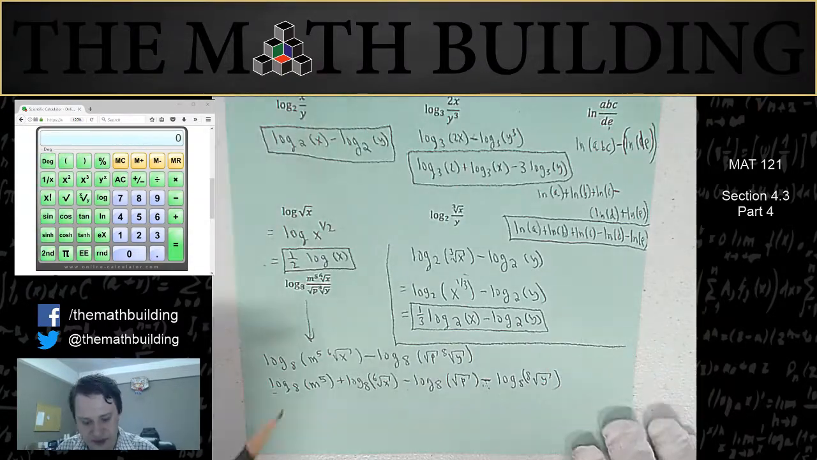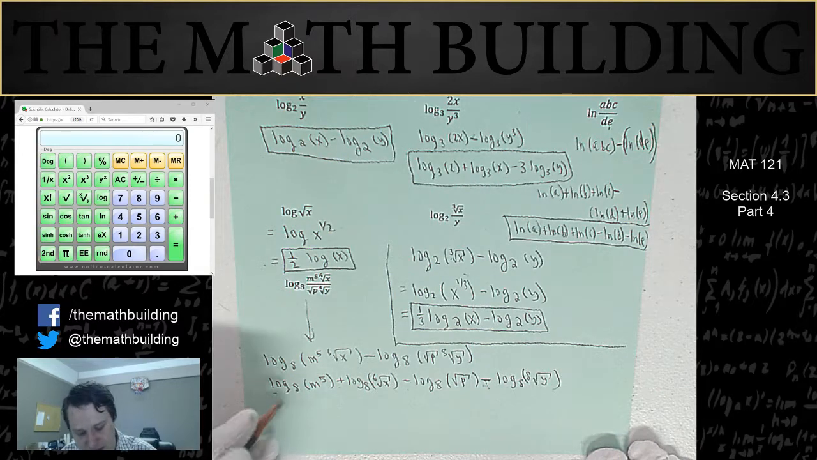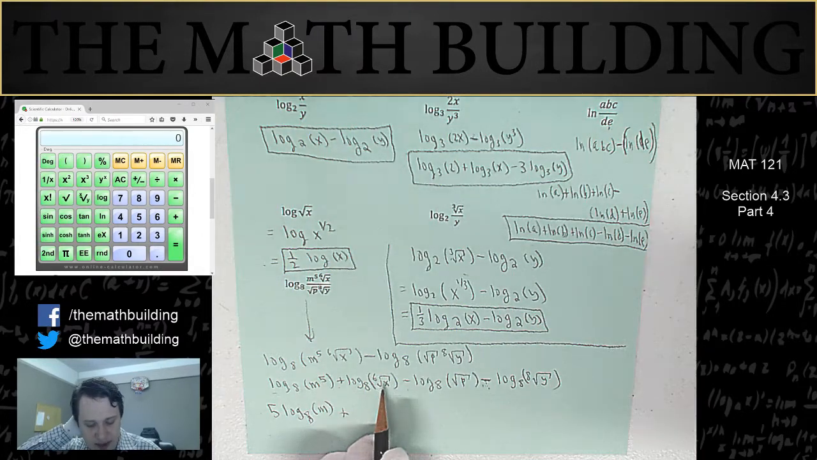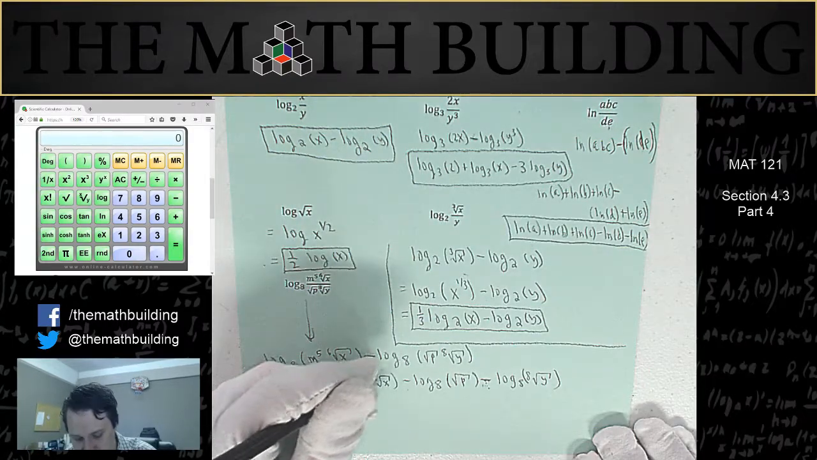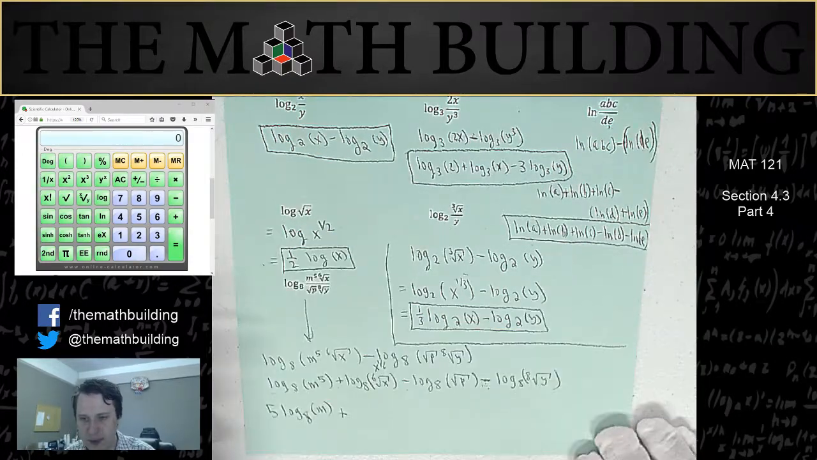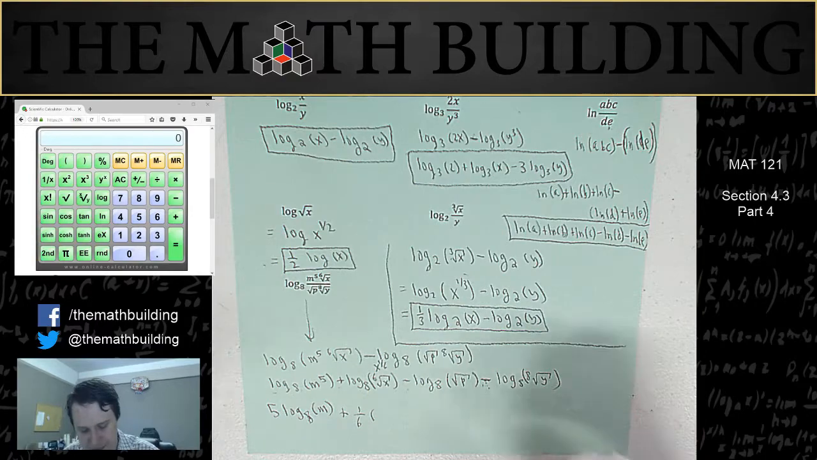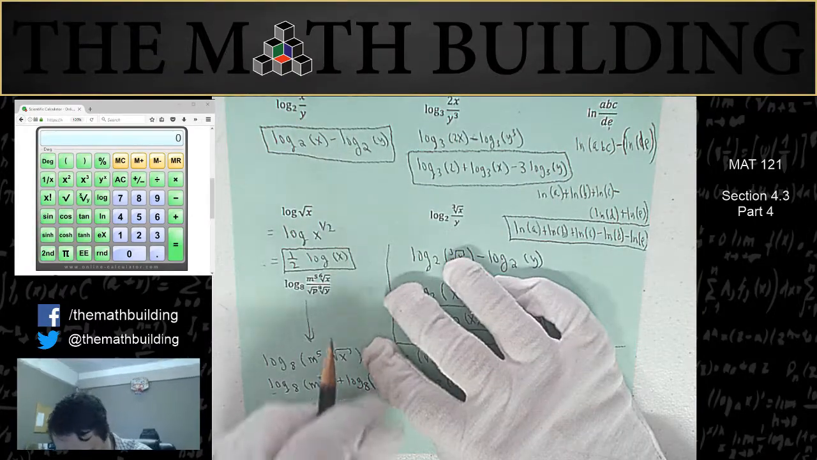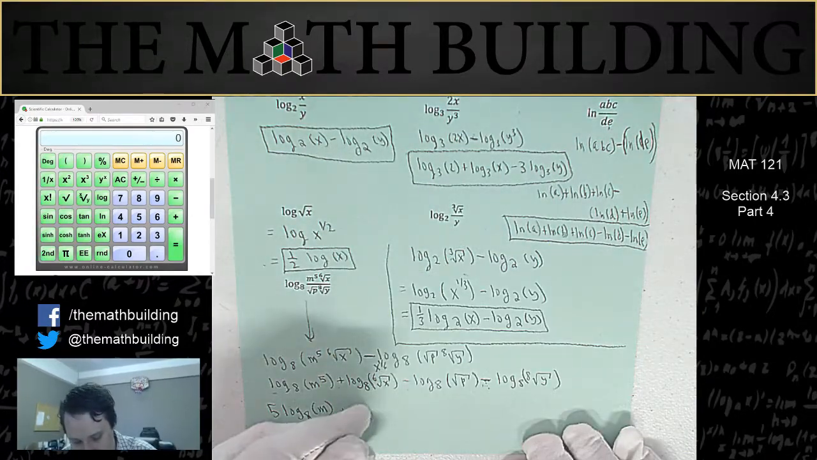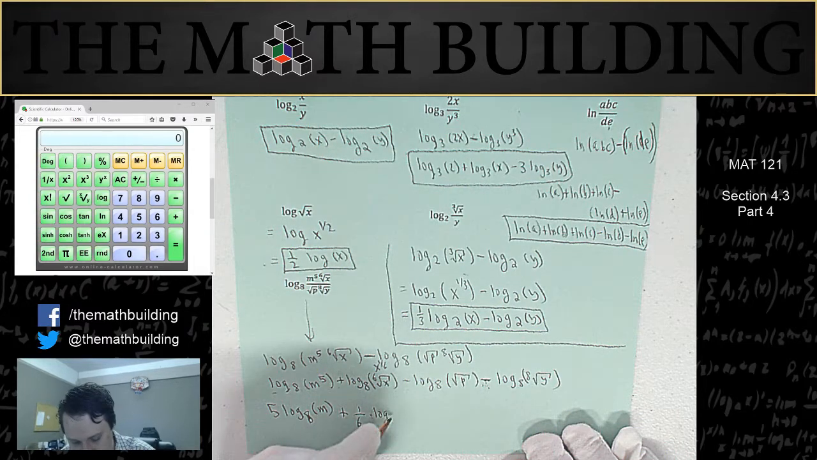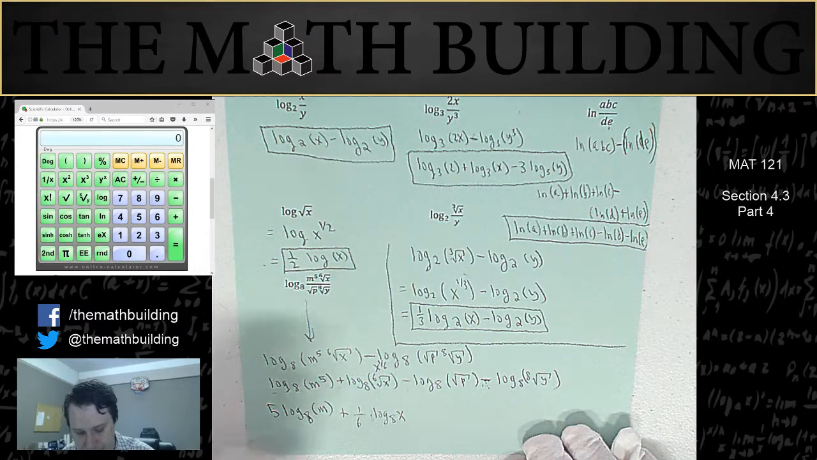I'm going to skip the next step. Let's just go straight to the answer. The 5 can come down. So there we go. Plus, now this is the 6th root of x. So remember, that's the same as being x to the 1/6. So that's the step I'm going to kind of skip. So that 1/6 comes down. So that's 1/6 times the log base 8 of x